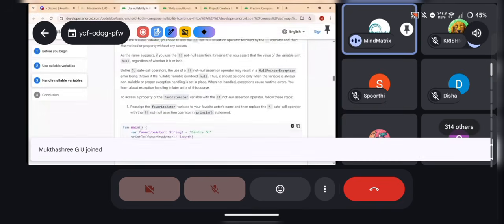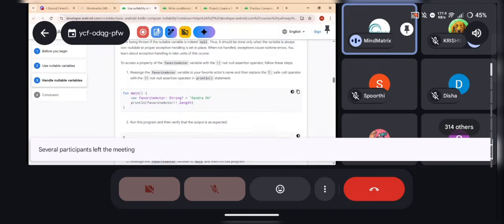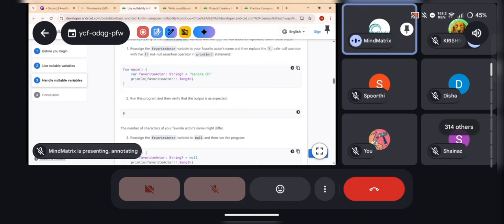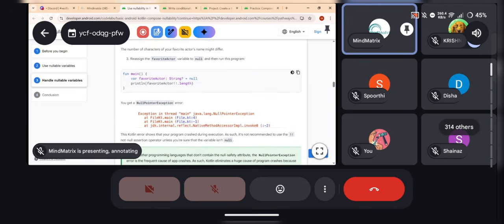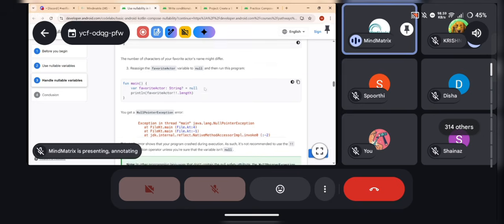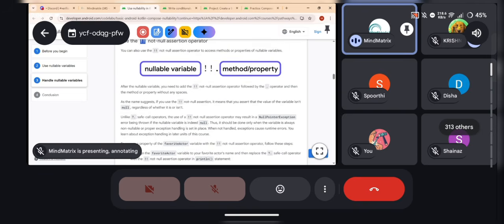So you can see here they are giving an example of a favorite actor length, whichever they are giving. So you just go through this code lab, and you will understand more about the not-null assertion.